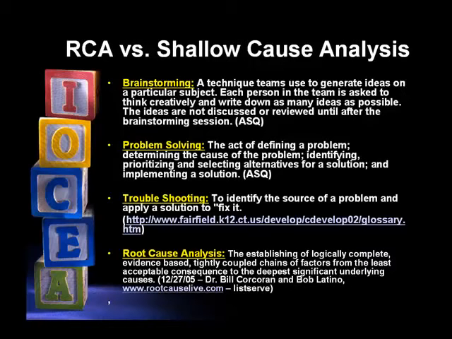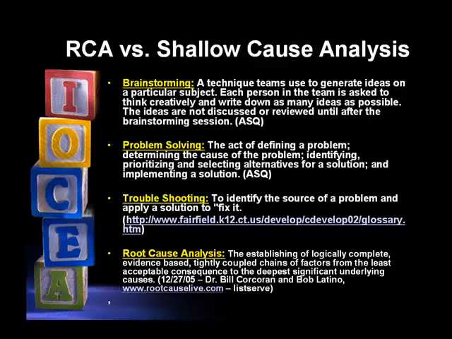When we reference the difference between root cause analysis versus shallow cause analysis, I'll explore in brevity the 4 techniques that we talked about earlier. You know, brainstorming, we've all been involved in brainstorming in our careers, where very bright people get around the table, and it's almost like an episode of CSI. We seem to solve the failure within an hour. We don't have much evidence, but we have a bunch of smart people in the room. We throw out disconnected ideas that seem very logical at the time, so we spend most of our time on solutions as opposed to analyzing real causes.